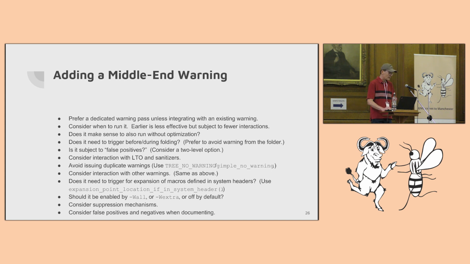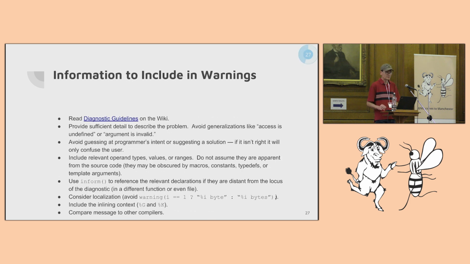When documenting the warning, consider the issue of false positives and false negatives, and not only what a true false positive and false negative is, or how it's defined, but also how it's typically perceived by users. If the warning isn't useful, and if it's too noisy, and if it requires too many changes to silence in a code base, or if it's too difficult to suppress, it'll be considered a false positive, whether or not you like it, or whether or not the definition matches that expectation.